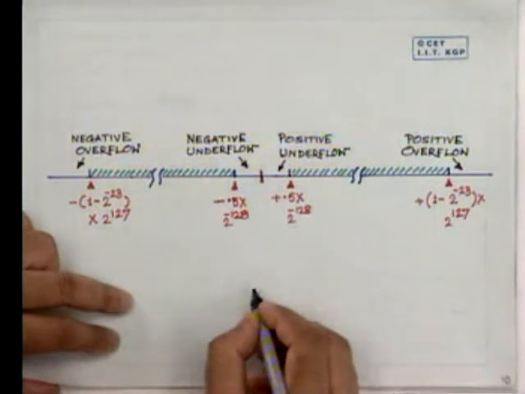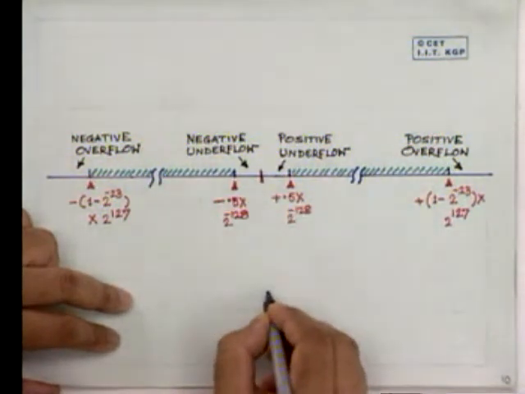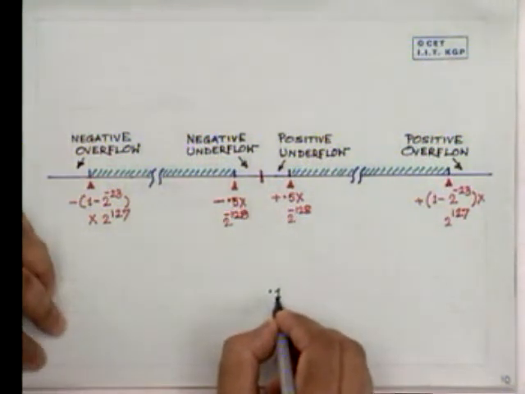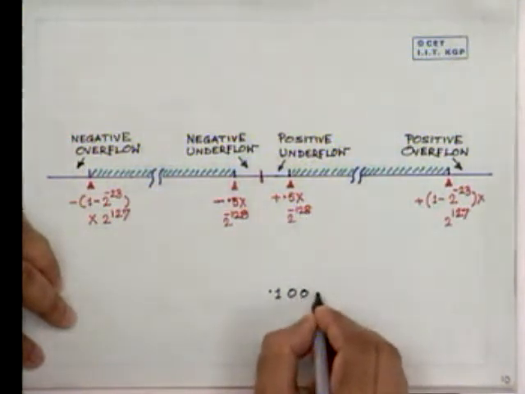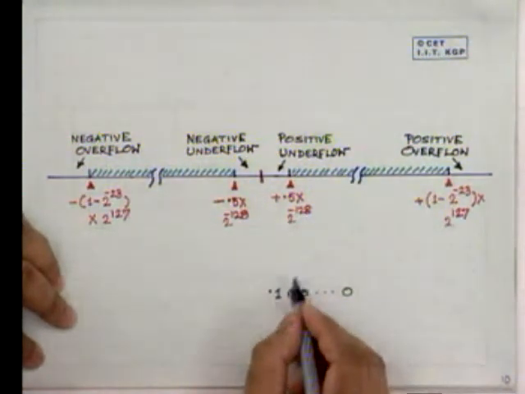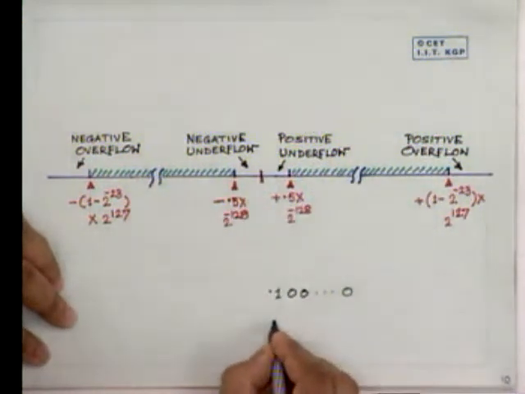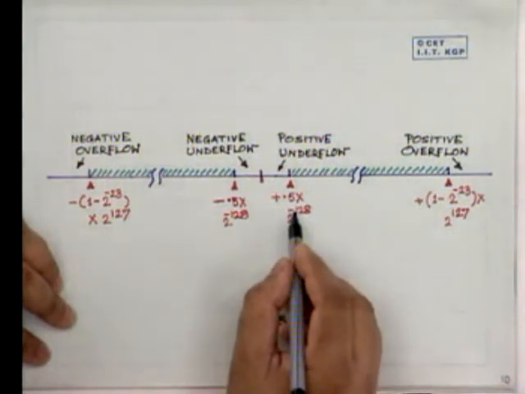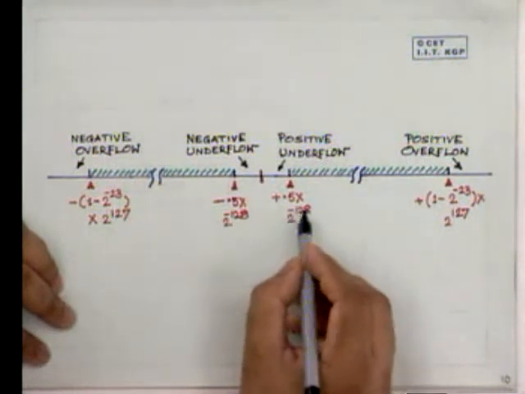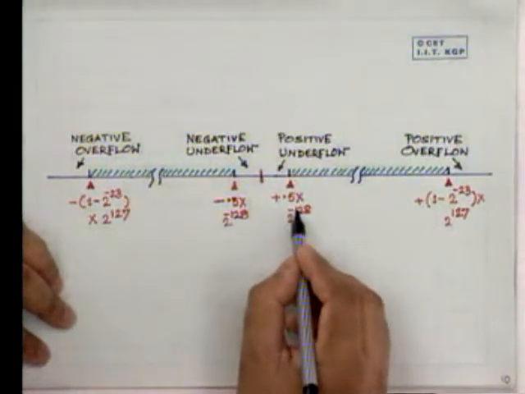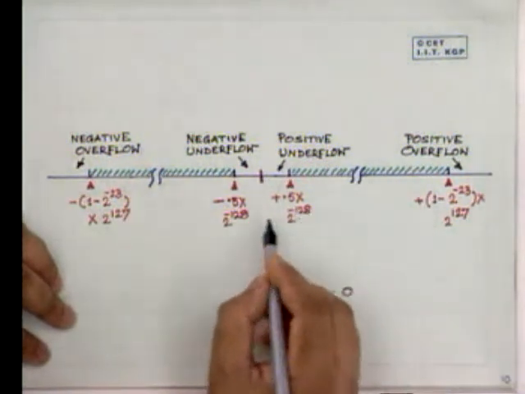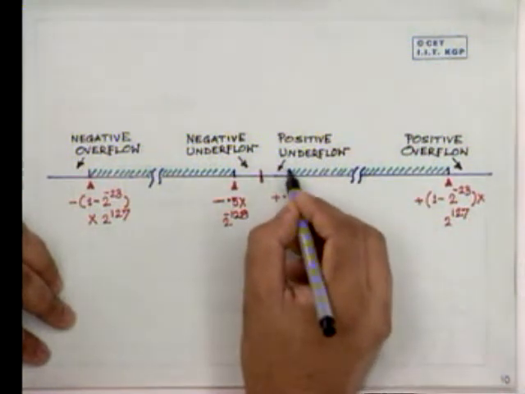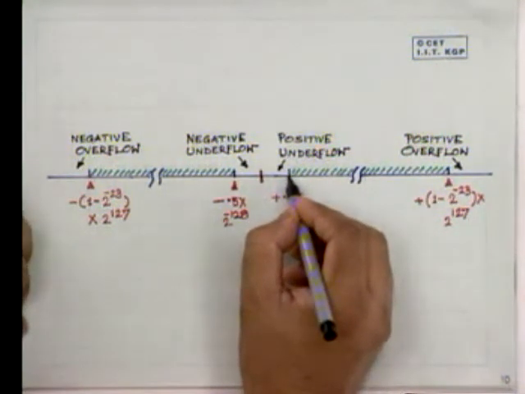How does it come? Let us see. In the first number, the mantissa will be 0.1, since this has to be a non-zero bit. After that all the bits will be zeros, which gives a decimal value of 0.5. The exponent is the minimum, that means the 8-bit minimum exponent value is minus 128. Therefore, this value is 0.5 into 2 to the power minus 128. That is the minimum value that you can represent in the case of a floating point representation.